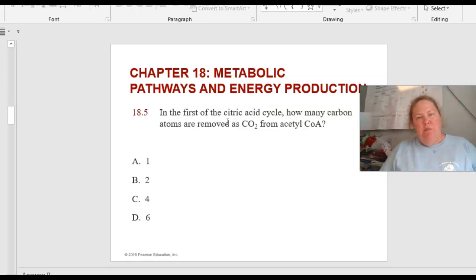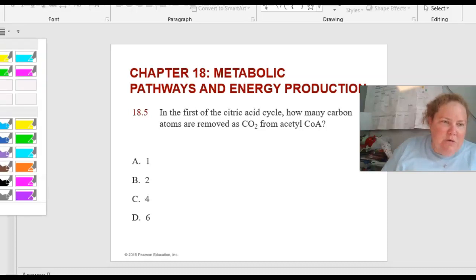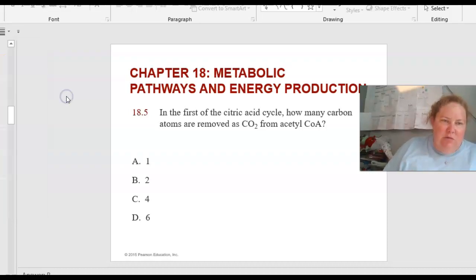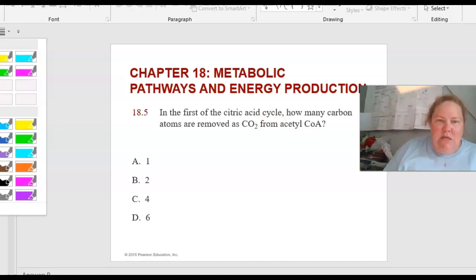Okay. In the first step of the citric acid cycle, how many carbon atoms are removed as CO2 from acetyl-CoA? Okay. Basically, remember I talked to you a little bit about calculations and how we can figure out rounds and whatnot, because we're going to be taking 2 carbons off the carboxyl end. So if we remember and we are looking at